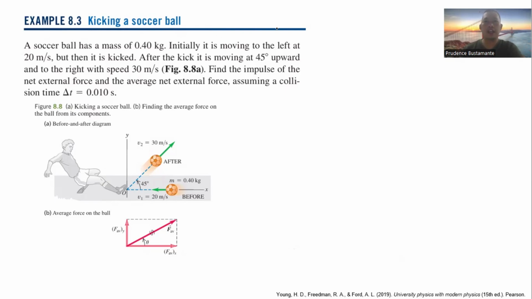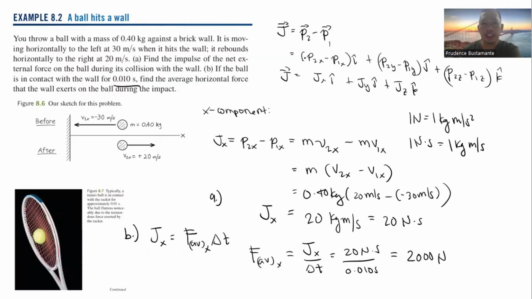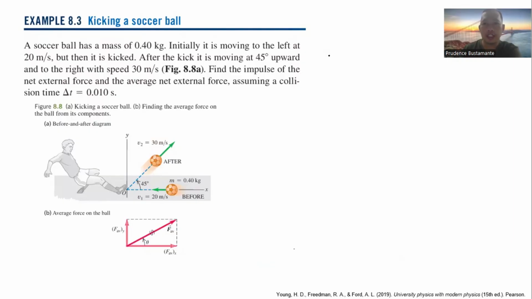So, two-dimensional, again, this is 2D, there's no z-axis here. We can use this equation. Let me recall that J is a vector quantity, which is equal to the final minus the initial momentum. Since this is a vector quantity, we already defined last time that this J in terms of momentum is equal to